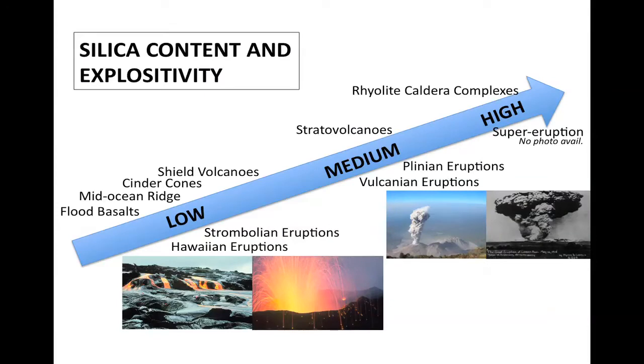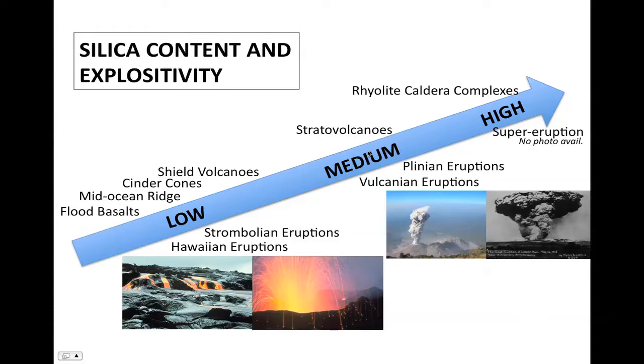So I showed you a similar diagram to this in the last segment, silica content and explosivity. And basically we spent time in the last segment talking about these eruptive styles. And we're going to now talk about the different constructs that can come from these kind of eruptive styles that we have down here. I want to start off with what are called stratovolcanoes, which actually shows up here